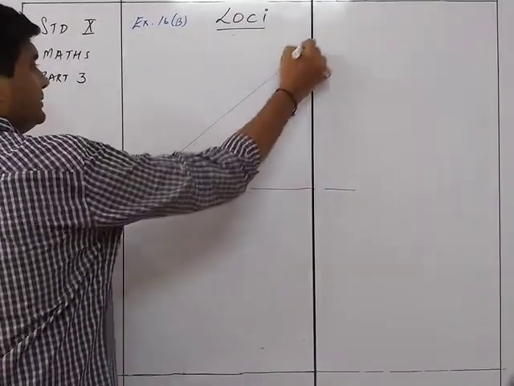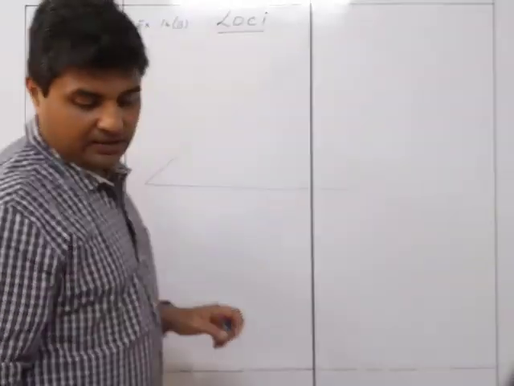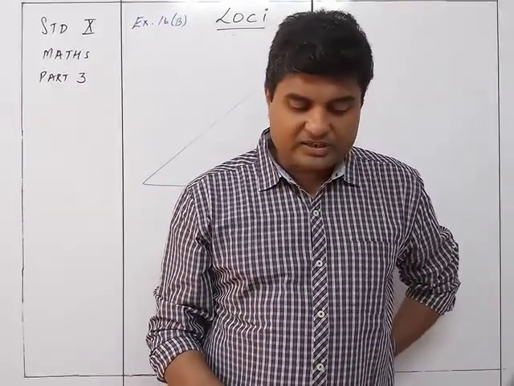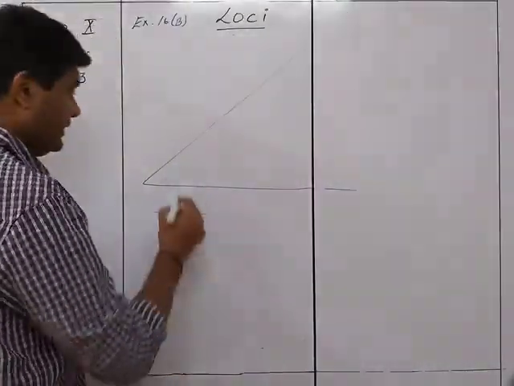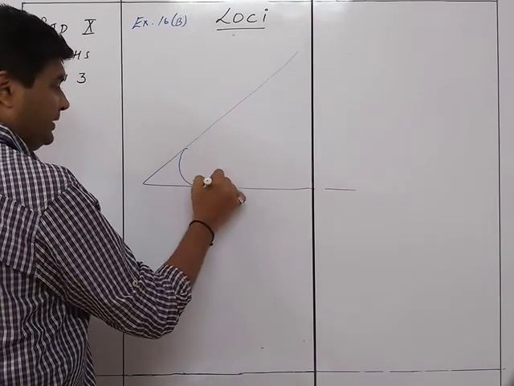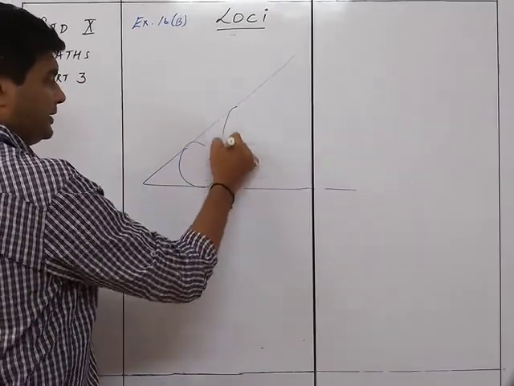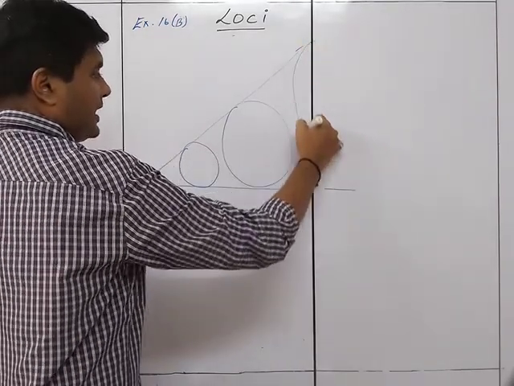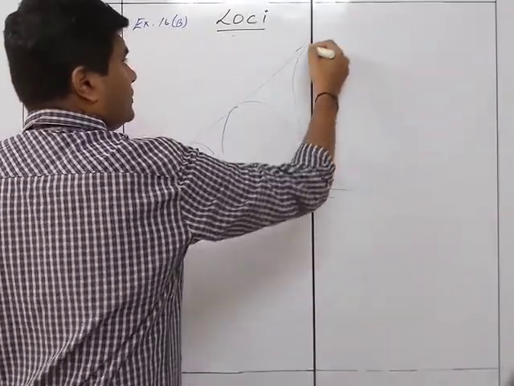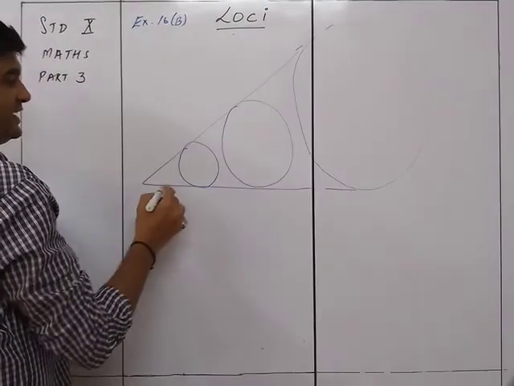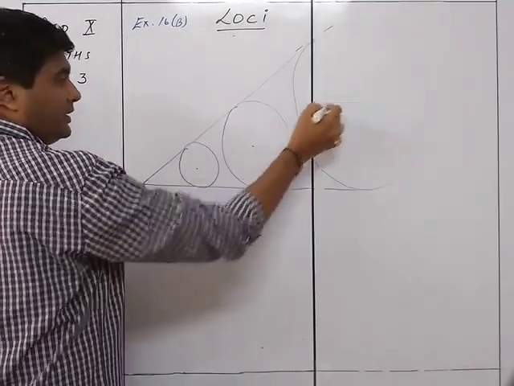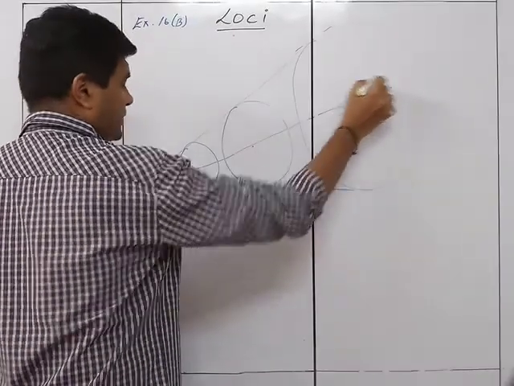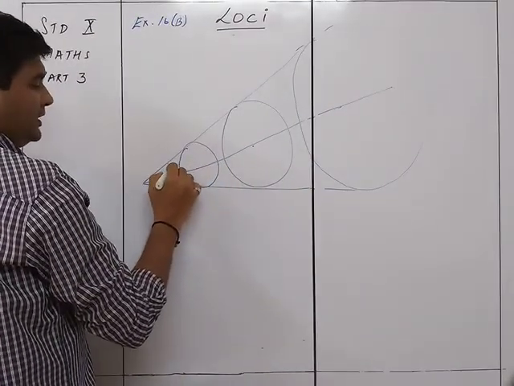This is the angle. It is given that the locus of the center of all the circles that are tangent to both the arms of the angle. यानी क्या? एक सर्कल यहाँ पे, एक सर्कल यहाँ पे, एक सर्कल इस तरह यहाँ पे. So tangential. So you can see the center over here, here and here. It will be seen that that particular line over here will be the angle bisector.